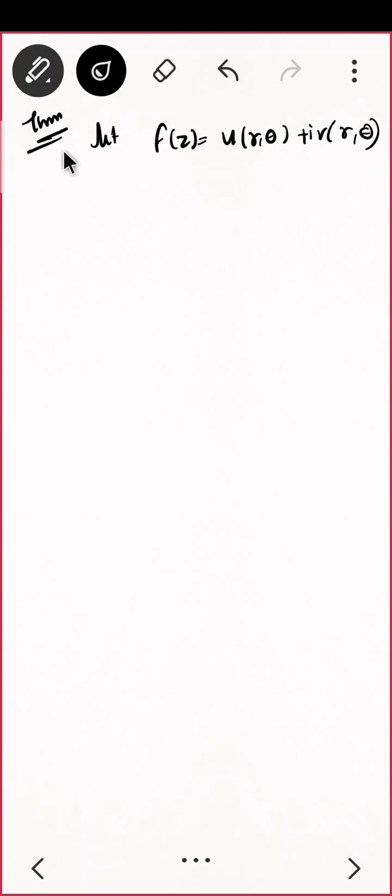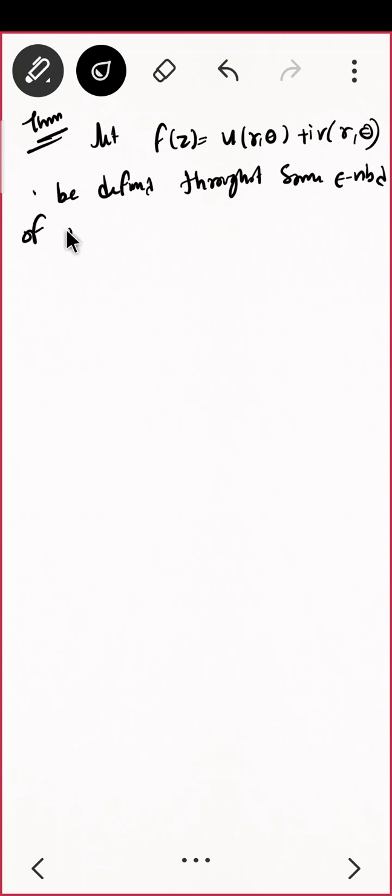So can I say this be defined throughout some epsilon neighborhood of a non-zero point z naught equal to r naught e raised to i theta naught. This is my point, and suppose that